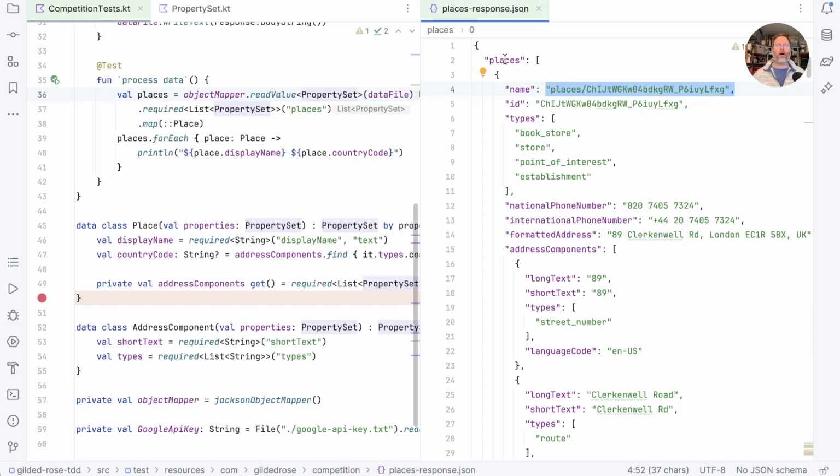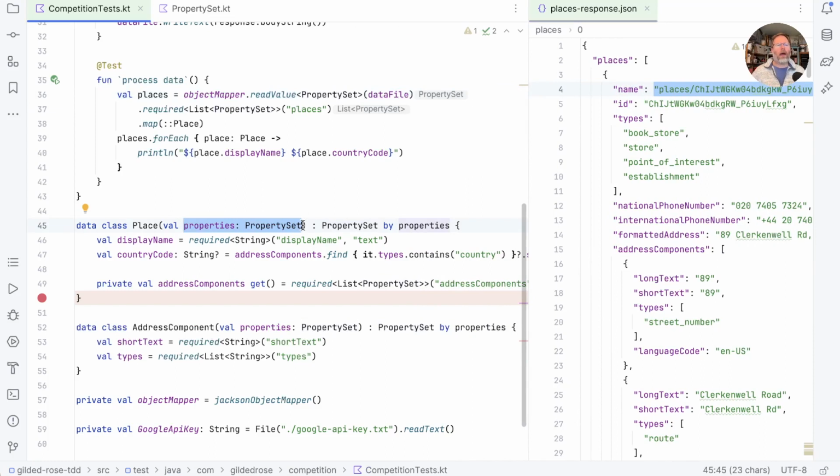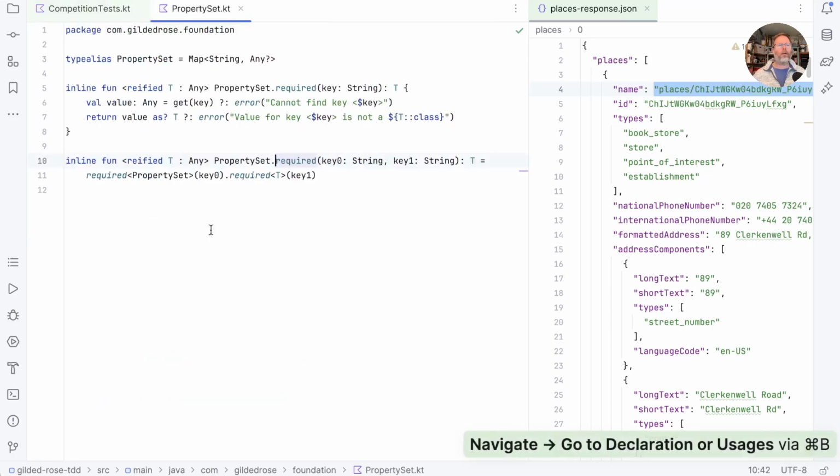And we saw how we can start by just indexing into those maps, and gradually make our way to data types like place and address component, which wrap the property set and pick the data that we're actually interested in out as fields themselves. And we wrote this required, which looks 1 or 2 levels deep from a map to